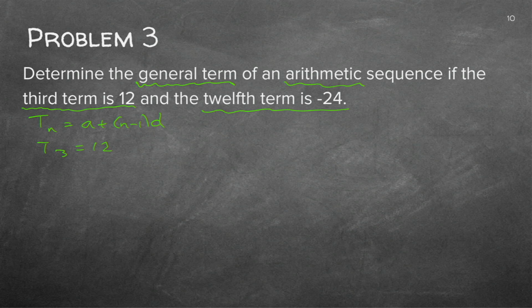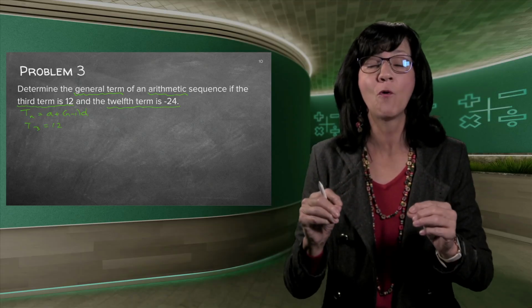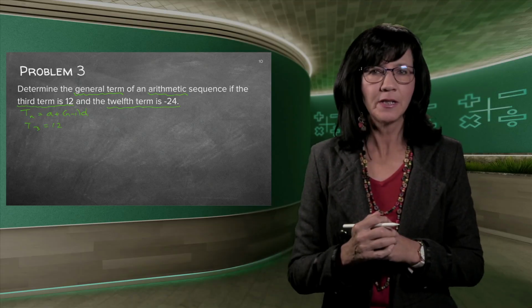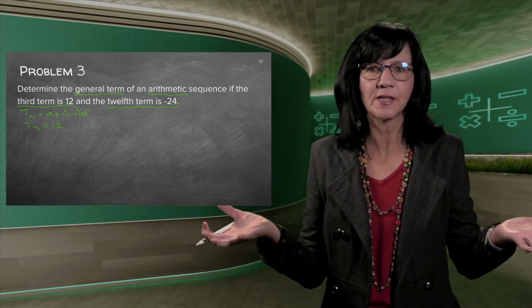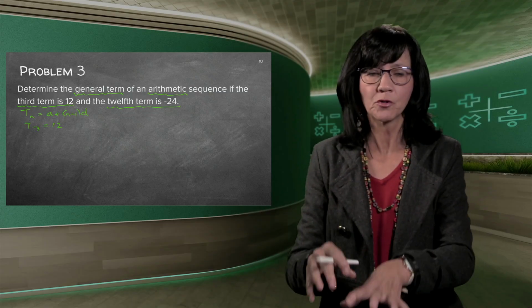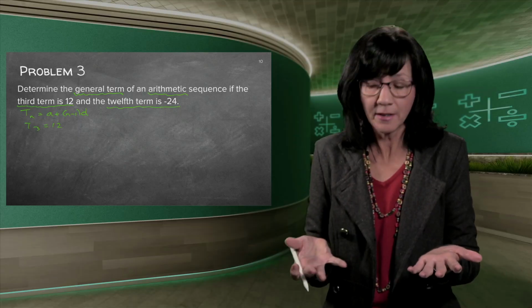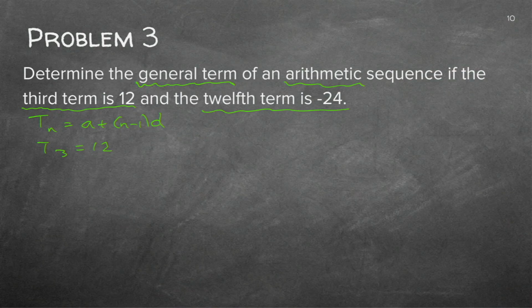So I don't know if you can remember, previously I said if you know a formula for something, write down the formula. Don't just write down T3 is 12, because that's not a sum, that's not an equation, you can't work with that. And that's what happens in an exam. People write this down because this is what was given, and now they're stuck because you can't do anything with that. So immediately I'm going to rub out this 12 there.